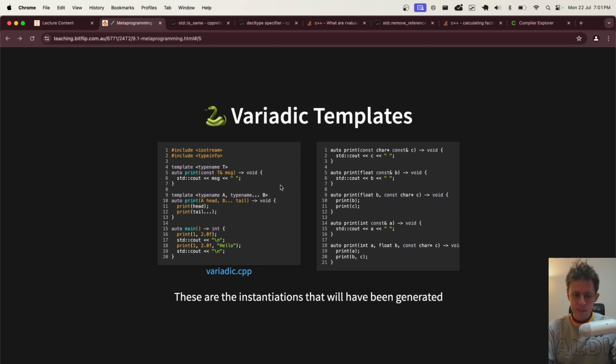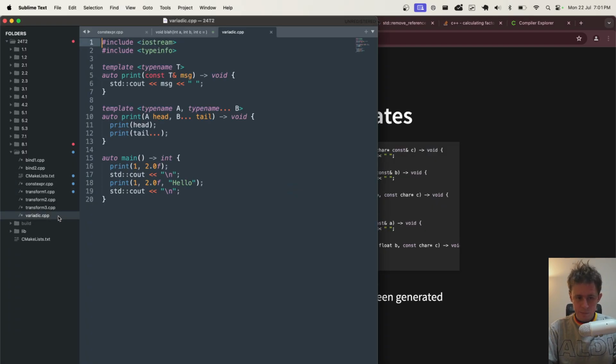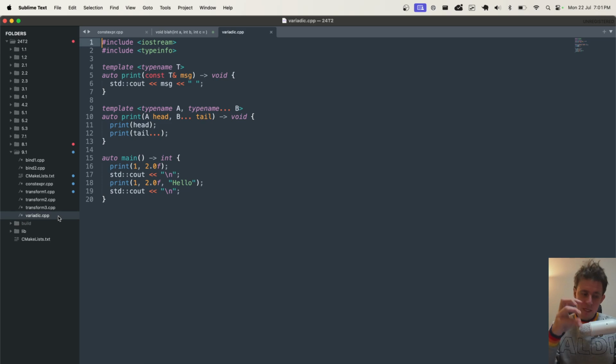But variadic templates are a really cool way to use templates in C++, using a little bit of extra syntax that, again, is not that critical in the course, but is useful to know. It looks a lot like a JavaScript spread operator, but essentially it lets you say, I want to create a templated function called print, which takes in a type A, and then a remaining list of types called B. This syntax is super bespoke, and it's hard to reason with because it doesn't look like anything else you deal with in C++.